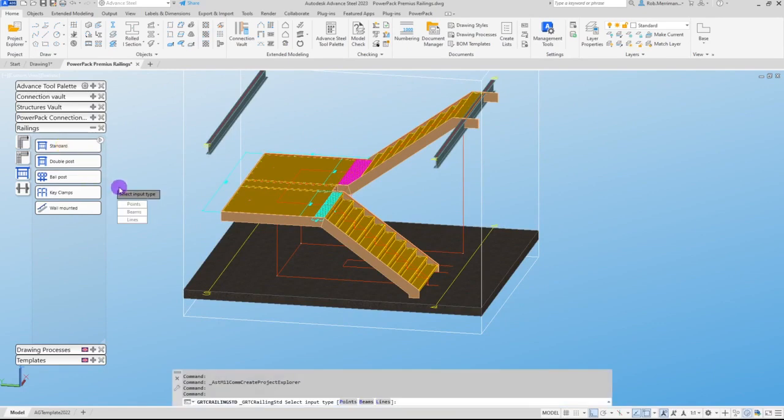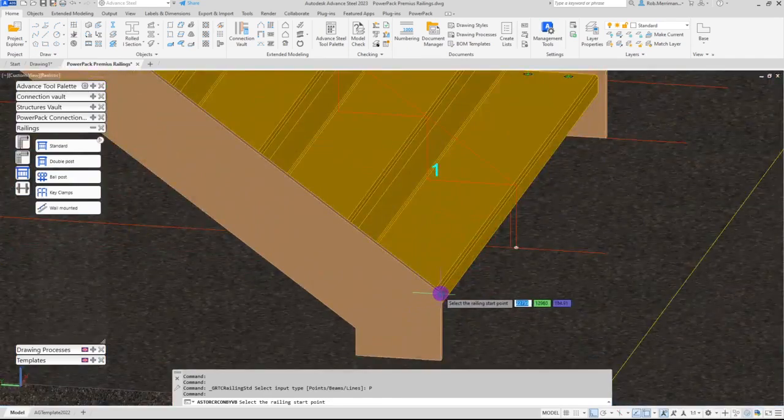That macro, as we talked about in the PowerPoint presentation, the Graytec PowerPack railing macros, you can see my input types here. I do have beams to mimic the standard macro, but if we don't have beams, we don't now need to model in dummy beams. We can work off points or lines. My staircase here, if you were with me on Tuesday for the stair tools, has been created with plate stringers. I don't have a beam because it's obviously a plate, so I can use my input type as points. So we can say, right, first point is here,